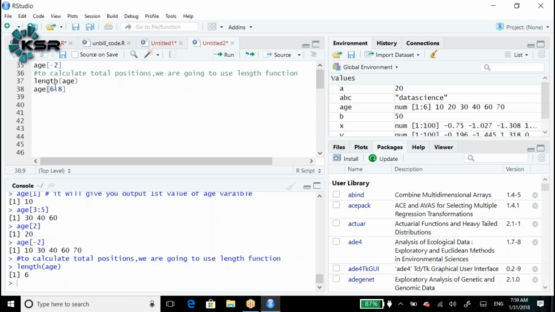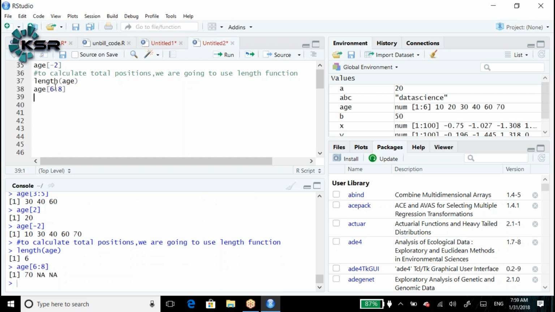But ideally, how many positions do we have in our data? 6. We don't have a 7th position and 8th. Let's see what output we are going to get. It will print the 6th position value, 7th position and 8th position. It gives the values as NA. NA means not available or not applicable.